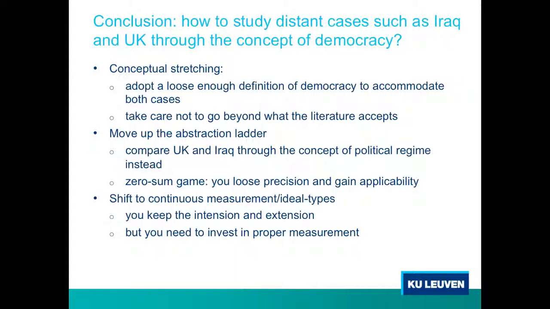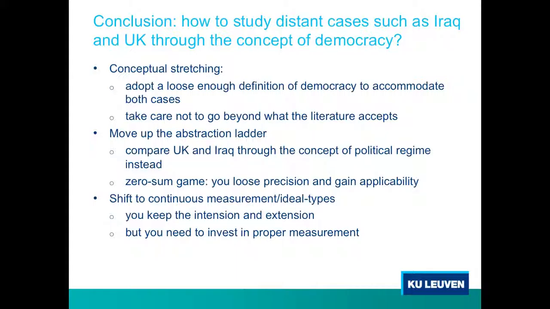But you should be very careful with that, and you should never go beyond what the literature accepts, right? There is a consensus in the literature to say more or less what democracy is, and you should respect that. You cannot call democracy something that is not. So be very careful with that, but taking these limitations into account, you are free to choose the loosest definition in the literature to accommodate